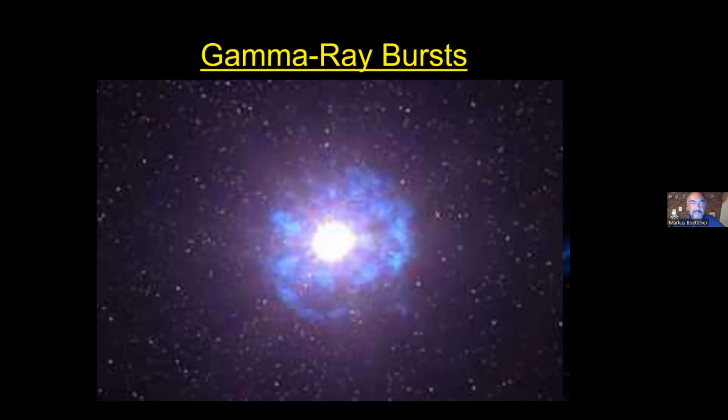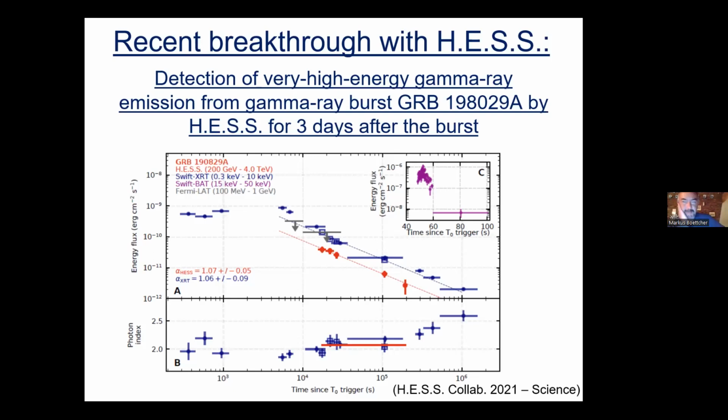Now, a big new result that we've produced with HAC very recently was from a gamma ray burst in 2019. Gamma ray bursts are named essentially by the date on which they were detected. So this was 2019, sorry, 0829, not 80. It was 2019, August 29. HAC wasn't able to point towards it directly because it was below the horizon, but we pointed towards it a little bit later, detected it, pointed again the next day, detected it still, and even the third day after, we still detected it.